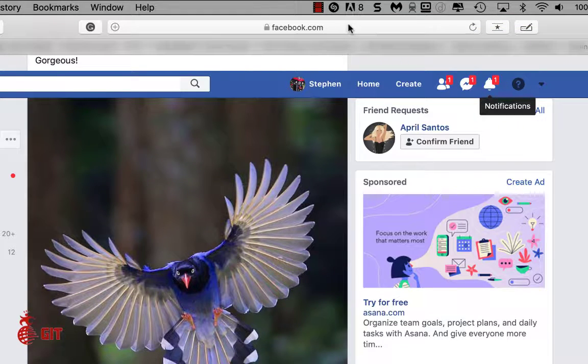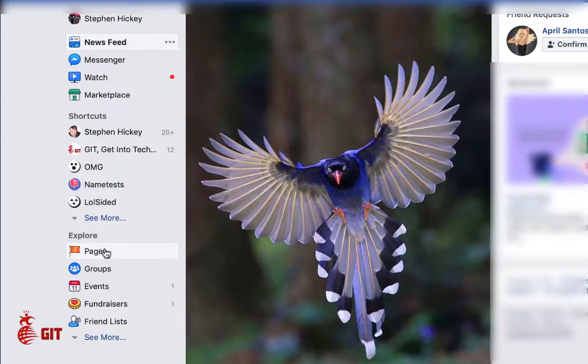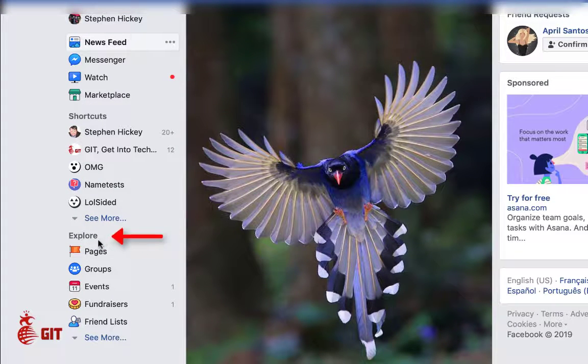And then once it has come up, if you're unsure of where to find your page, come down here on the left-hand side under Explore. Then hover over Pages, and you see how it says Pages below the little hand, and you want to click on that. So left click,